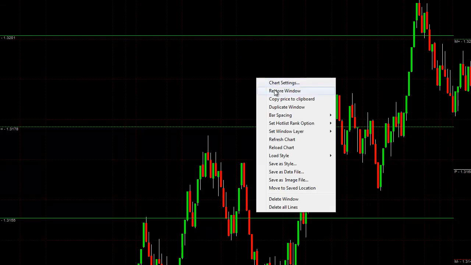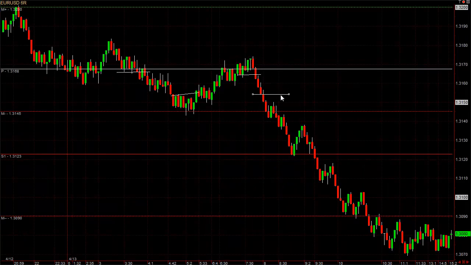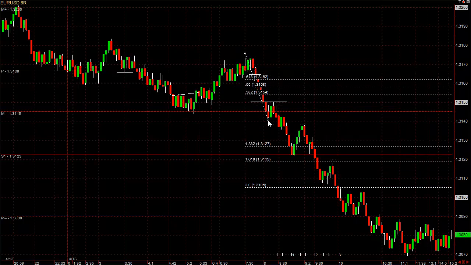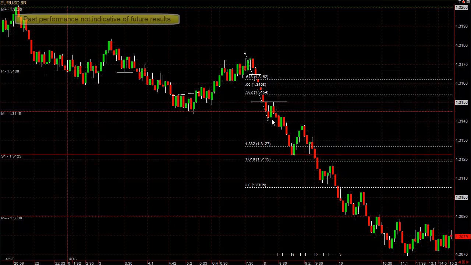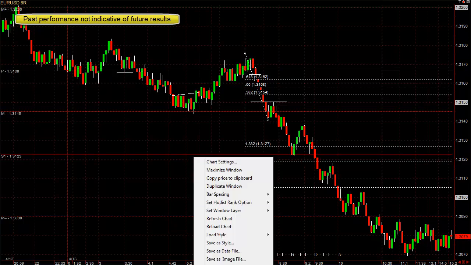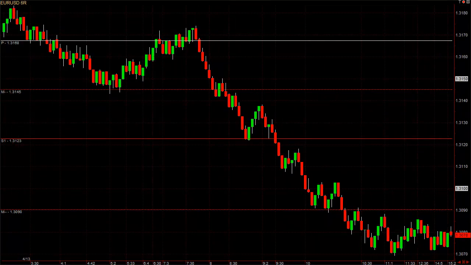Oops, sorry about that. Move your stop above down to here, and a lot of times it goes through one pivot level. Most of the time you're not going to make more than 2 pivot levels on any one trade. So if you draw your fibs on here, you can see also that this is right into this fib area. So if you are still in the trade, you probably want to get out of your trade right here. This is a perfect example of what I mean and why, one of the many reasons I use a range